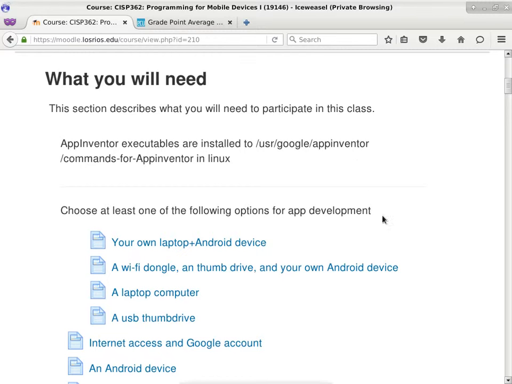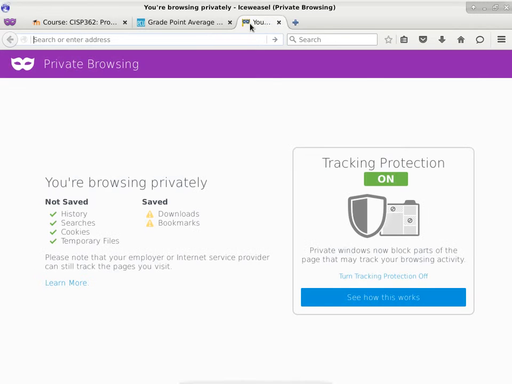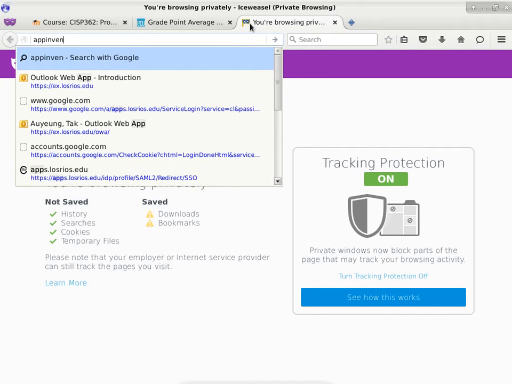Okay, so let me just go through a demonstration of how to get things working first, so that you guys can get a feel of one way of doing programming in this class. It's actually really cool. So what you do is you go to App Inventor,